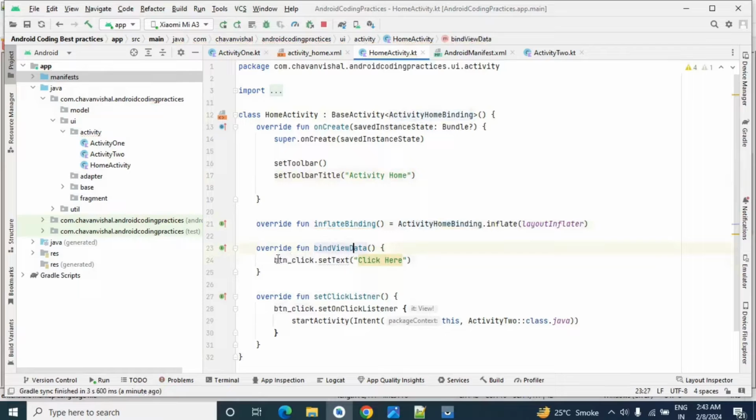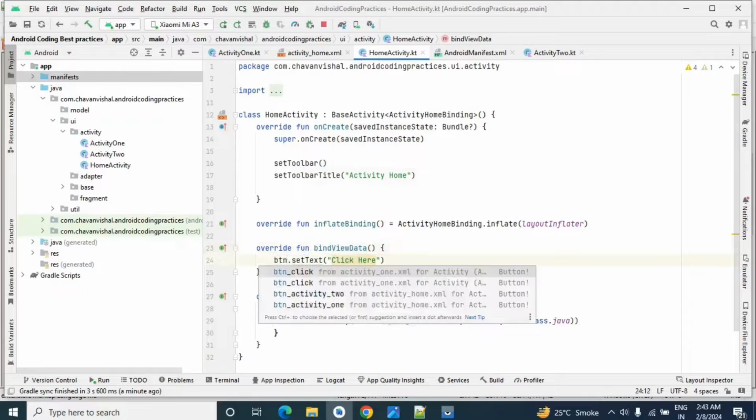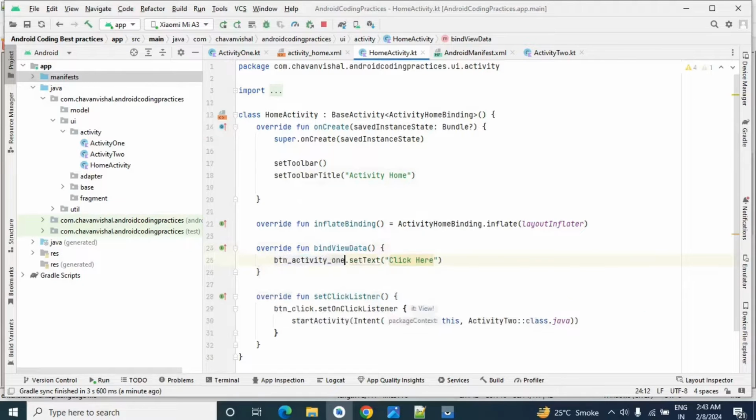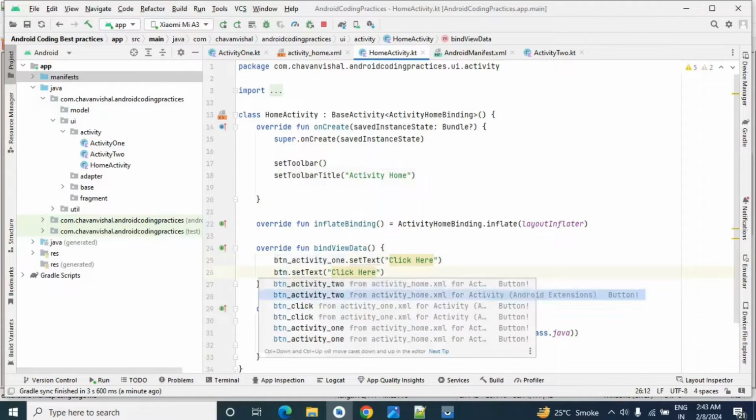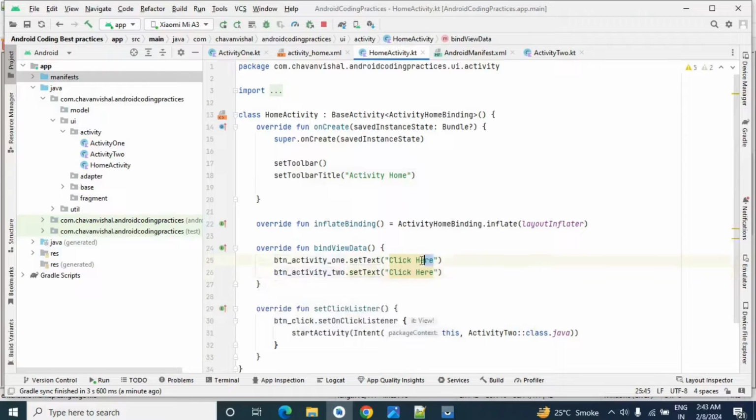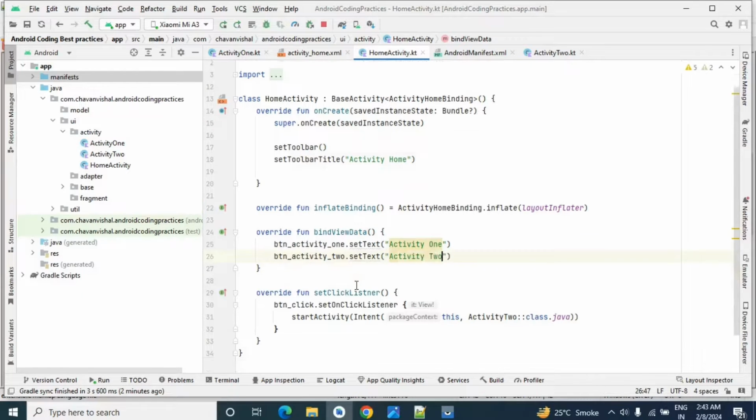Okay, then in bind view data, in previous first activity we had only single button, but right now we have two buttons. So here button activity 1 and button activity 2. So here we will write activity 1 and activity 2.